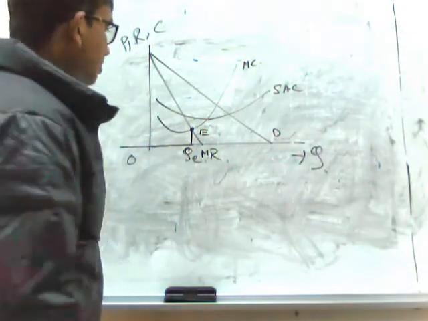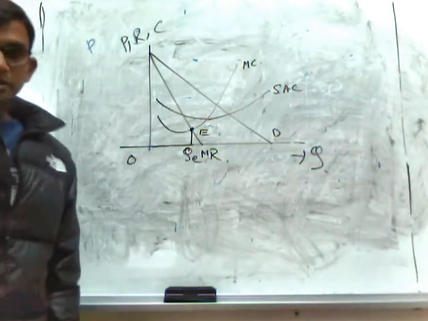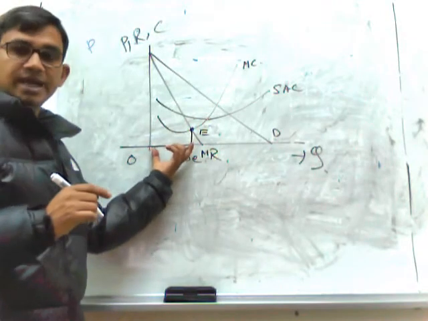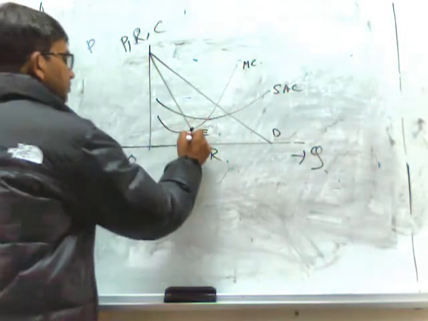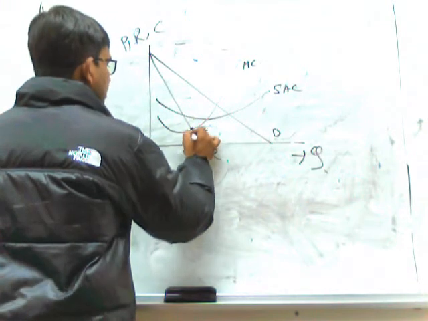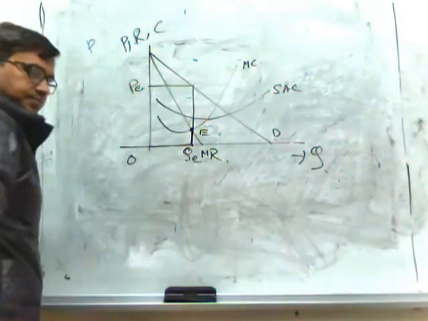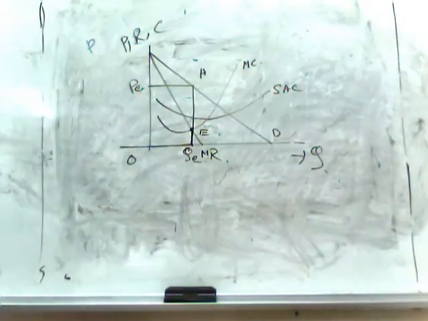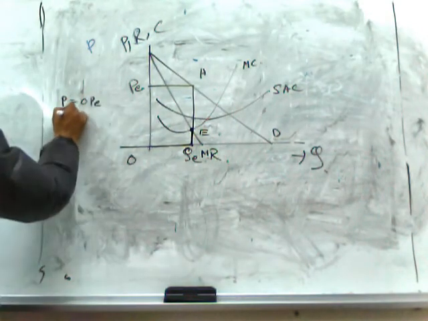So what will he do? He will set exactly that price at which the quantity demanded will be exactly equal to the amount he wants to sell. That is OQE. So as per the law of demand, if the output level is OQE in this diagram, the price should be OPE. So in this case, price equals OPE, output sold is OQE.